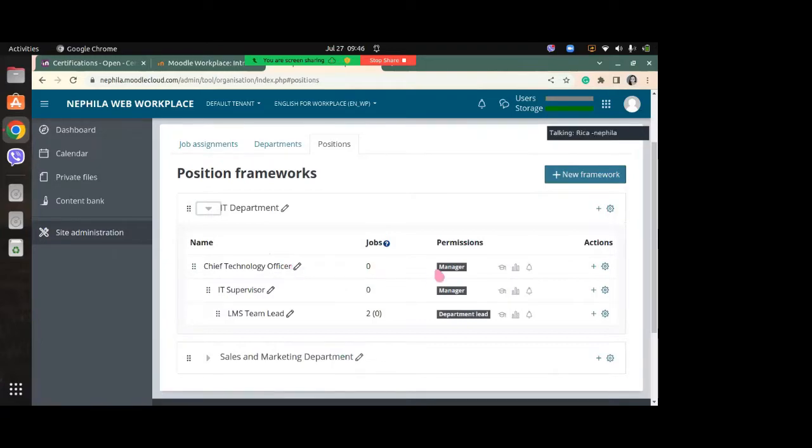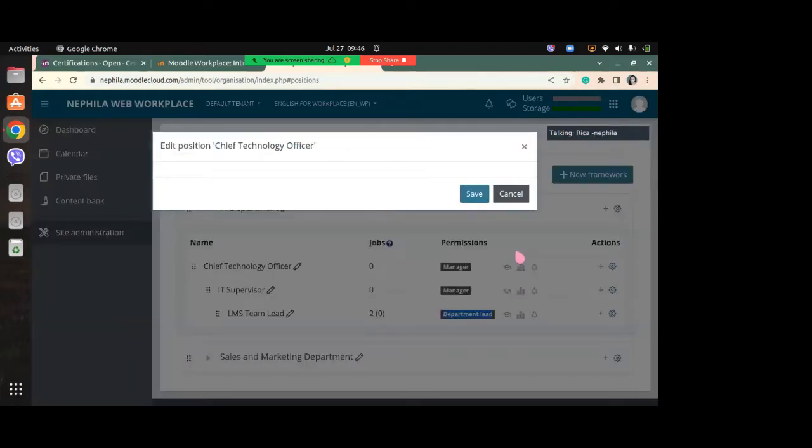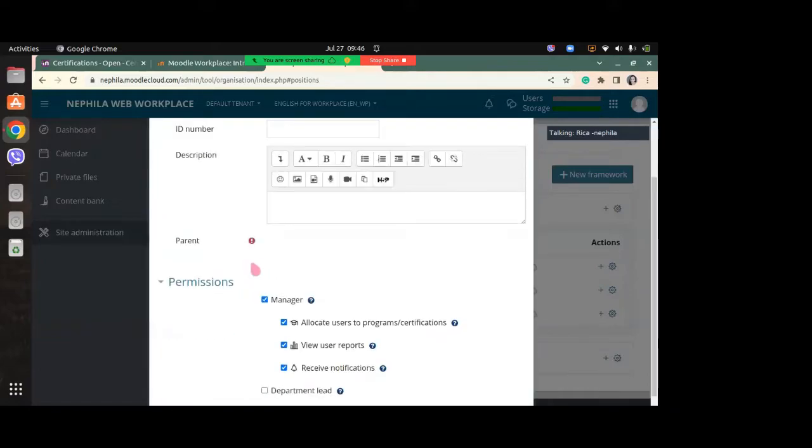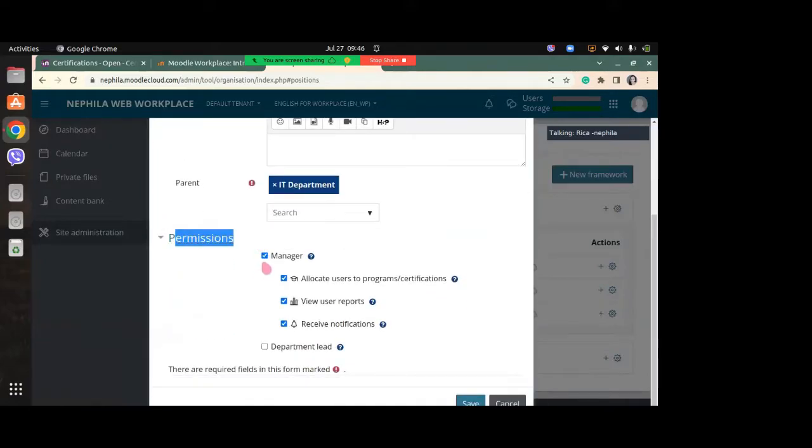So it can be a manager position or a department lead position. To assign permission, simply click the enable box here, the permissions area. Simply click the manager or department lead permission. So a manager permission is considered a manager of anyone in a lower position regardless of their departments. While the department lead is considered a manager of anyone in the same department or a sub-department regardless of